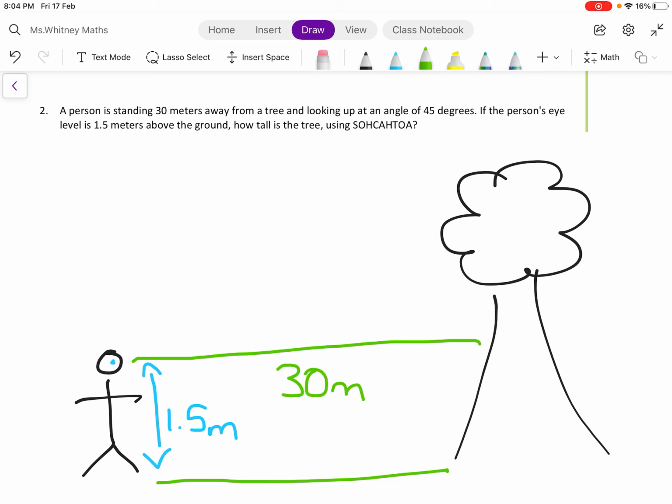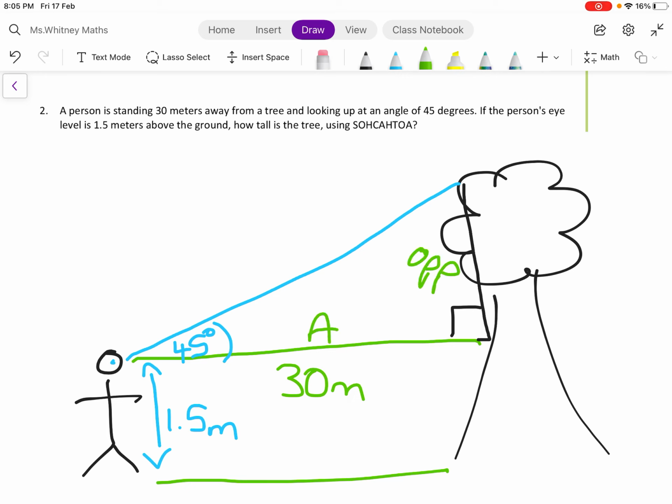Then we know that from the person looking up, the angle is 45 degrees. So when we look up this way to the very top of the tree, we know this angle here is 45 degrees. Now, we have a right angle triangle we're going to assume here, because it's asking us to use SOHCAHTOA. And then we can see that we have the base, and we are looking for the height of that triangle. So this means that we actually have the opposite, and we have the adjacent. So using SOHCAHTOA,